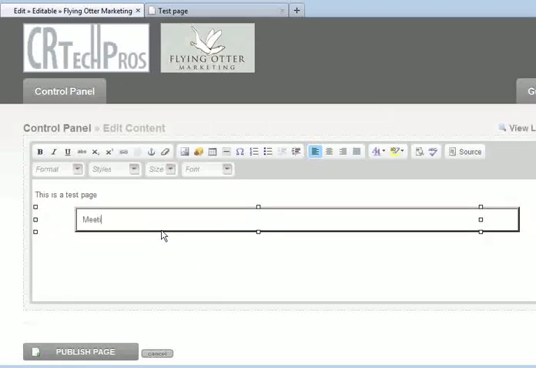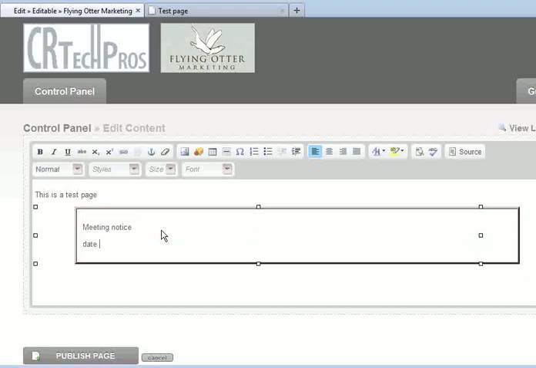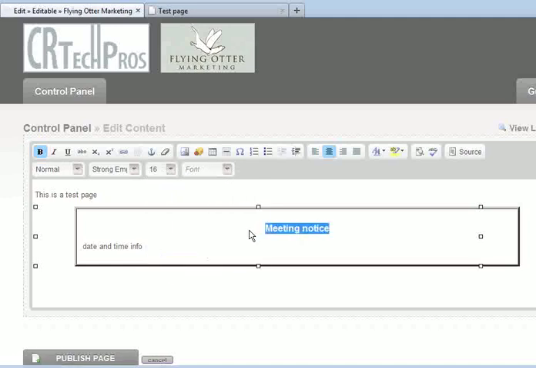So let's say I put in my meeting notice, and this is going to be my date and time information, and so forth. Now I want to center align this, so you can see you can go back and format the text all by itself. If you don't want that entire cell center aligned, you can align just the text, just like you were formatting any text on your site. And I want that bolded, and let's say I want that to be a little bit larger font, so I'm going to jump on that. There we go, and I've got my date and time notice,